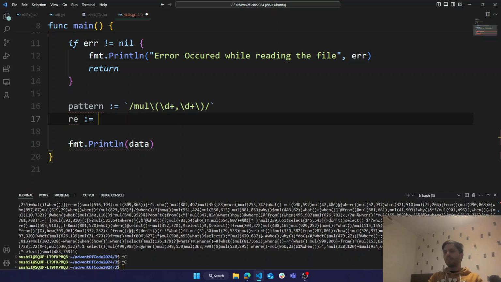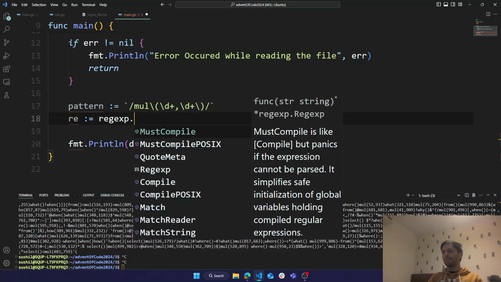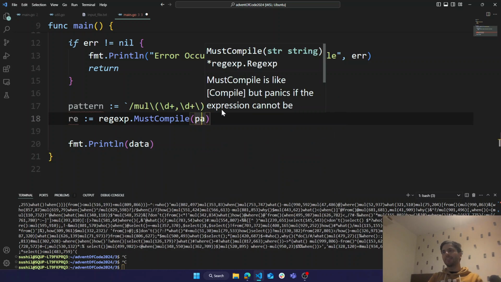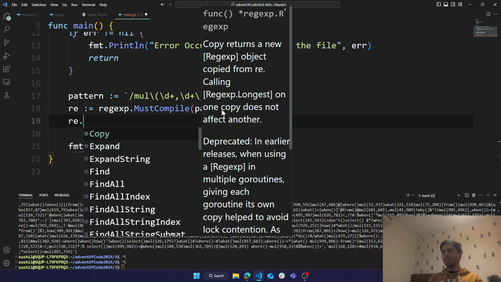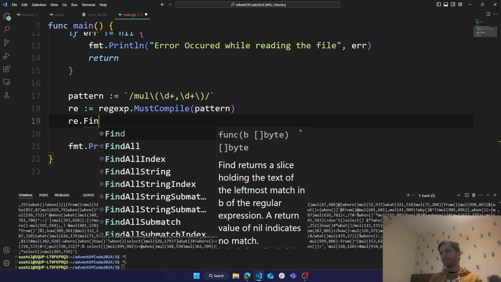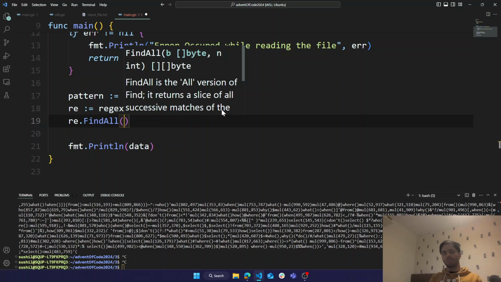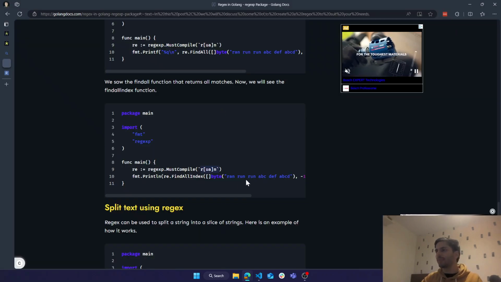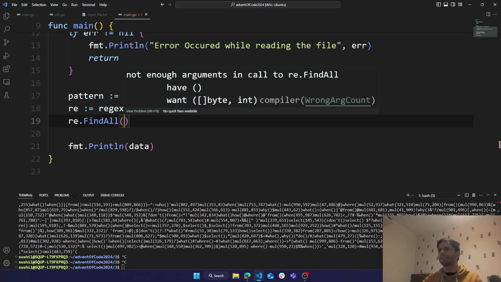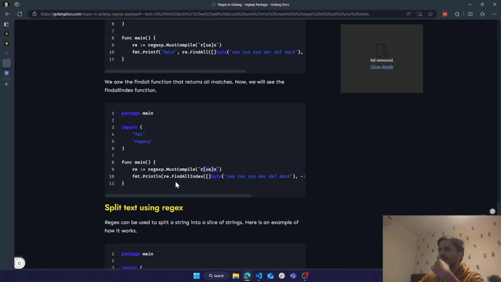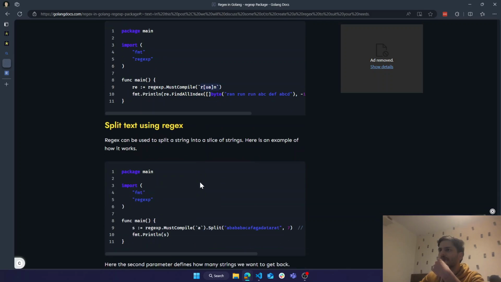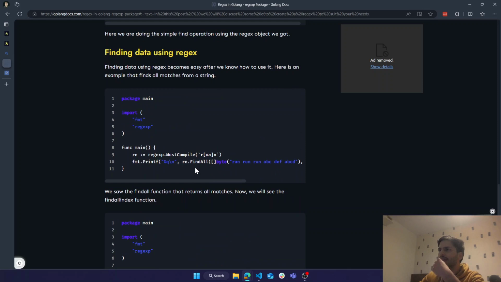So we use regexp, let's see how the pattern goes. And then we'll say re.FindAll, and then we give the data, like that. re.FindAllIndex.